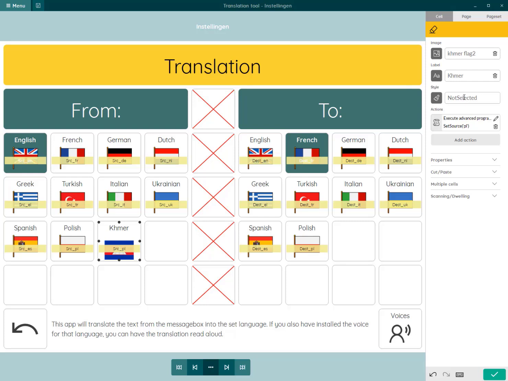Okay, now the next important thing to do is there's an option here called Execute Advanced Programming, and it's saying set source, and that at the moment is doing PL, and that's for Polish. Now the magic bit that you need to do now is to find out the country code that Google uses for that particular language. So in order to do that, I will just open